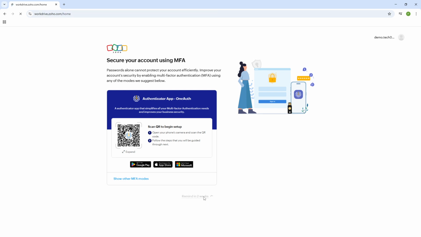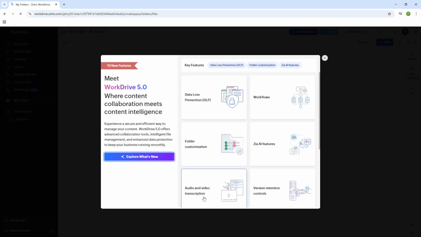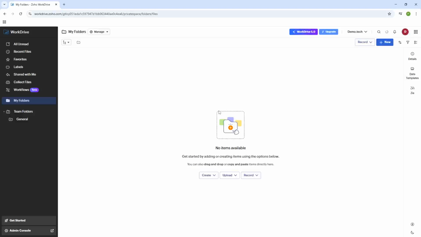After signing in, you'll have access to the full range of features that Zoho WorkDrive offers. This platform is designed to enhance collaboration, so you can organize, store, and share your files seamlessly across teams and devices. To get the most out of Zoho WorkDrive, take some time to familiarize yourself with the dashboard and explore the tools available at your fingertips. You can create folders, upload files, and even set permissions to ensure that only the right people have access to